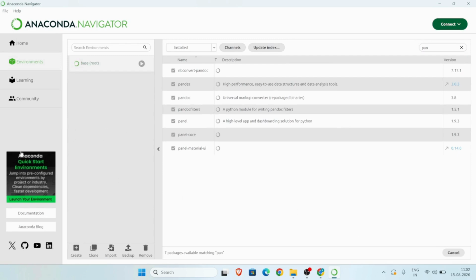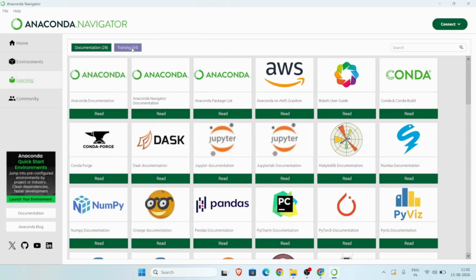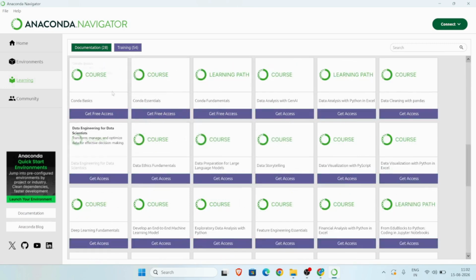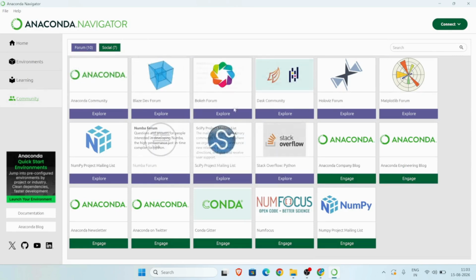So for today, I was just showing you what all options are available over here. So you can learn from here. There are so many training modules and documentations over here, so that the fear can come out from your mind. And these are all official documentation. So using official documentation, you can read easily and learn easily on your own also. Many courses are also available over here, which are free courses, right? So you can use any of your own choice. You can join the community also, wherein if you are facing some problem, you can ask.